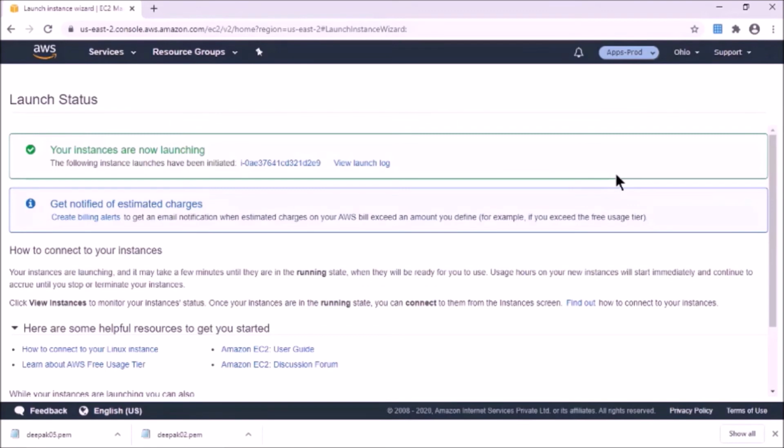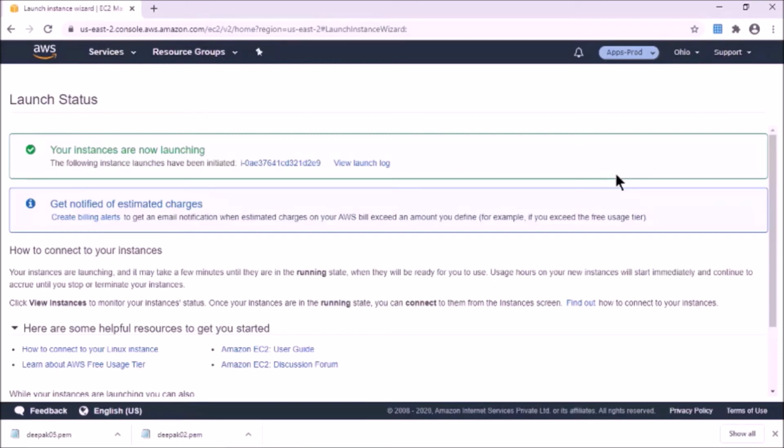So now Vipin and Deepak both have full access to EC2 instance and S3 in the Apps Dev and Apps Prod accounts. There seems to be something wrong, right? Because our requirement was Deepak should not be able to access anything in the Apps Prod account. But here we have seen that Deepak is able to create an S3 bucket as well as delete, and also he can create the EC2 instance. Let's see what we have done wrong, right?